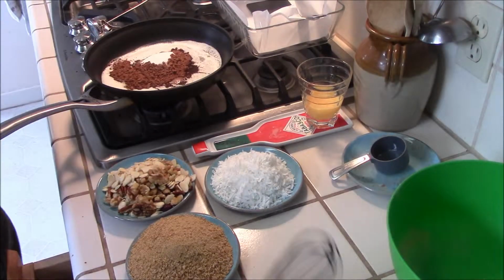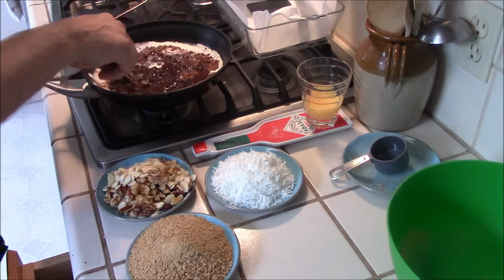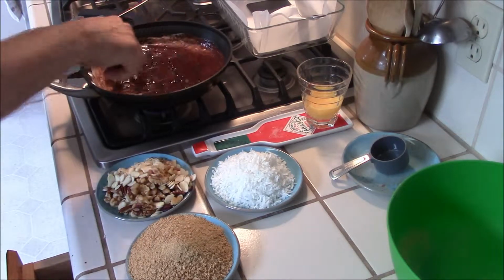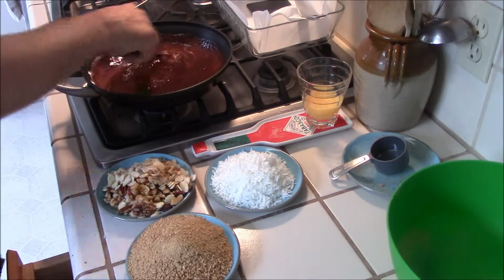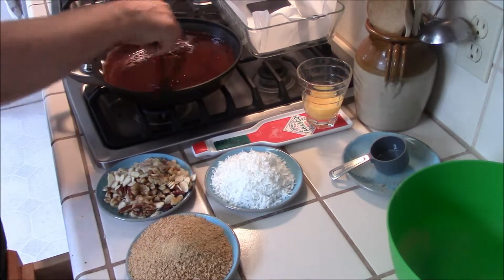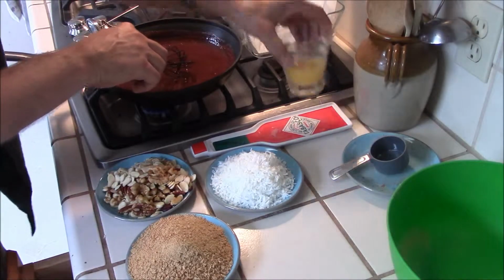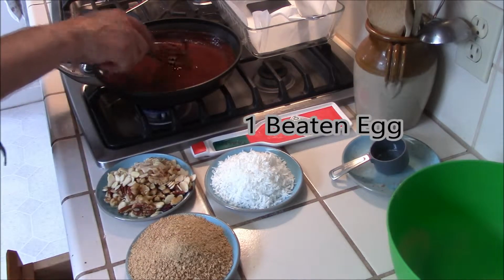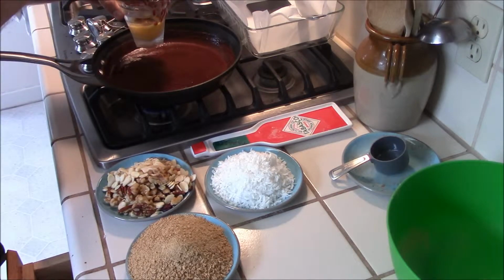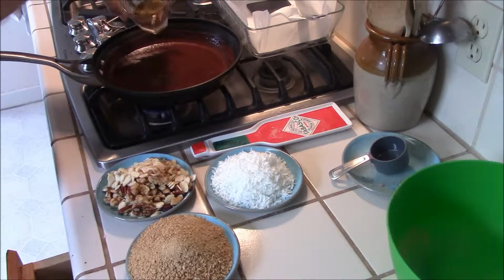ready to eat. Okay, so I am cooking a stick of butter with the sugar and the cocoa, mixing that in. And once this gets good and mixed, what I'm going to do is put a little bit of this hot liquid in this one beaten egg that I set aside. I'm just going to put a little bit of that in here, whisk it around, and I'm going to add this